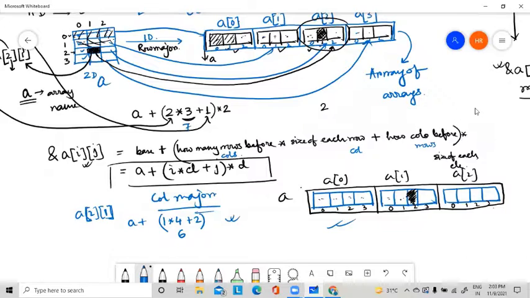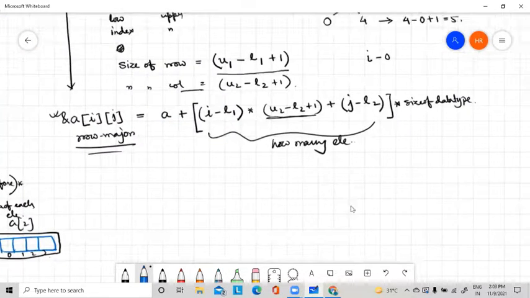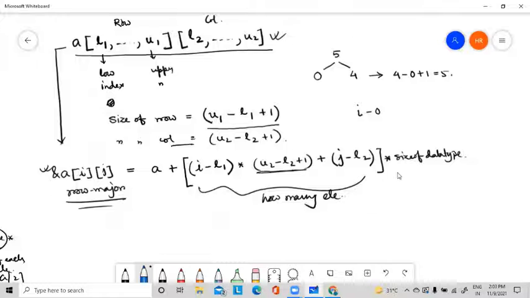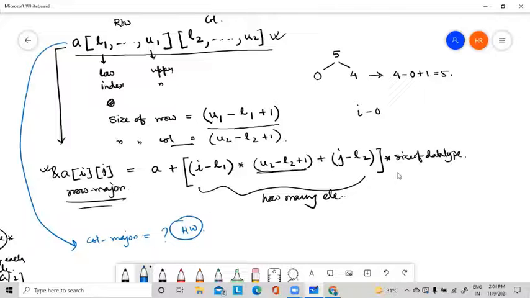So this can also be represented in a general form. You can say this is general: instead of the lowest index value as 0, we are considering L1 and the upper index value as U1. Similarly, for this type of array representation, if we calculate the column measure, we will also be able to calculate it. This is your home task, please do it by implementing the same concept. Just instead of the row measure, you have to think about the column measure and how you have to do the calculation.